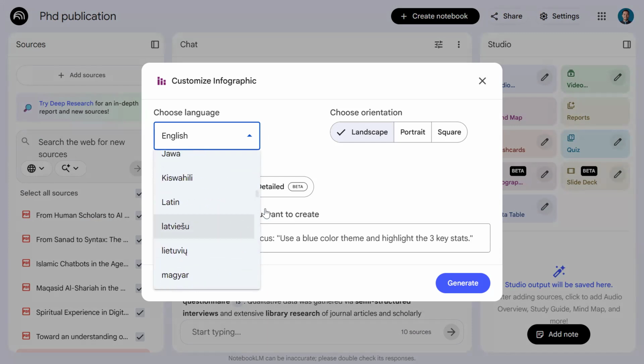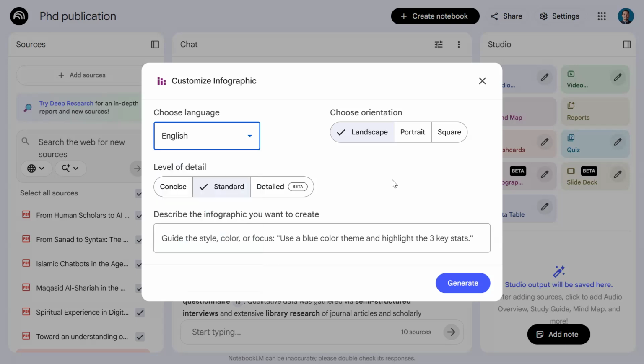Detail, or portrait, square. This is the orientation. You can make it landscape, portrait, or square. I love portrait. This one, you can make it clear, like how exactly your infographic will be presented. I know some people or some companies use NotebookLM to make an infographic, because the design is there, I can recognize the design. But if you use this prompt or this guideline, sure you can make it different, because I'll show you the link also. Wait,